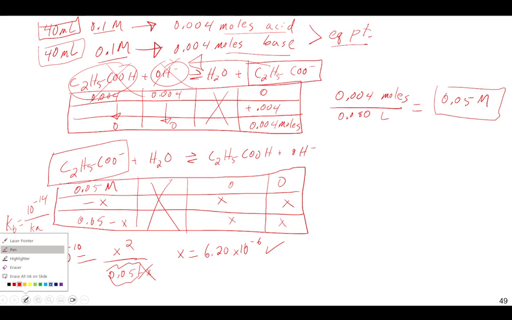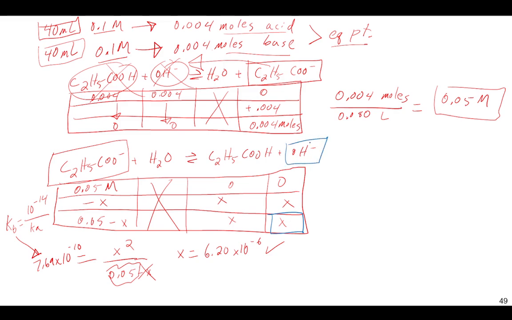What does x represent here? In this second ICE chart, the amount of OH minus. So the negative log of this concentration of OH minus is going to be my pOH. Negative log of 6.2 times 10 to the negative 6 is 5.21. That's my pOH, but I'm asked in the problem for the pH, so I do 14 minus that to get